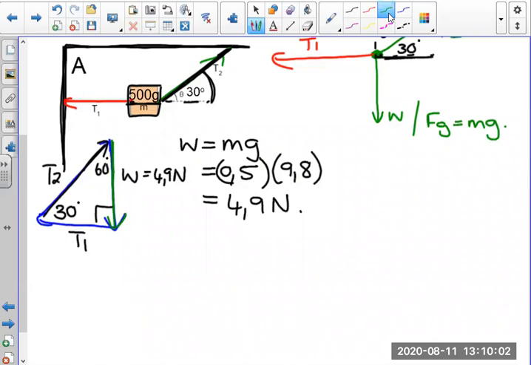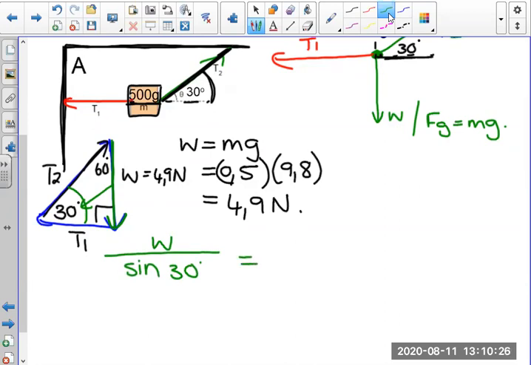That's the side that we had. Now, the angle opposite of this side is 30. So when I write the sine rule, I'm going to say the weight, or W, that's what I call this force downwards, over sine 30. That's the angle just across that one, equals